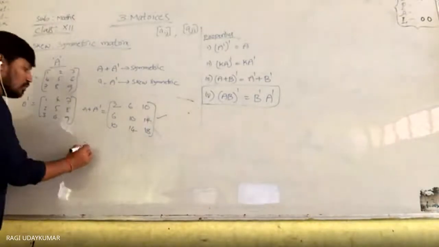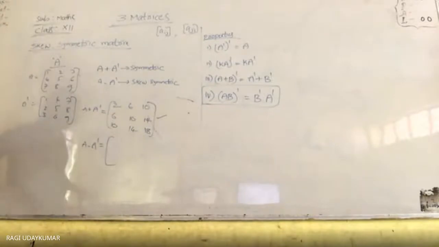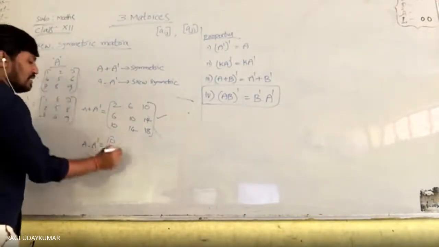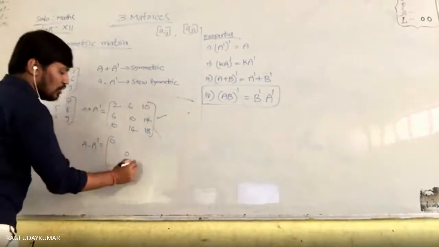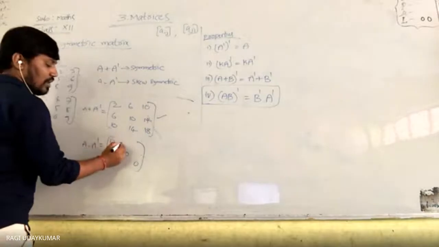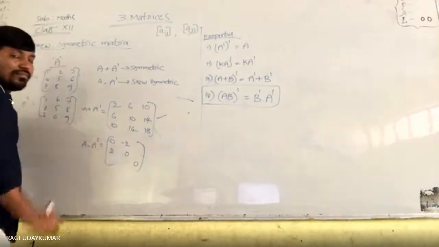A minus A transpose देखो. ये skew symmetric matrix होगा. A minus A transpose. ये दोनों को subtract करो. 1 minus 1 0 होगा. 5 minus 5 0 होगा. 9 minus 9 0 होगा. Principal diagonal elements are zeros. 2 minus 4 क्या होगा? -2 होगा. Here 4 minus 2, plus 2 होगा.